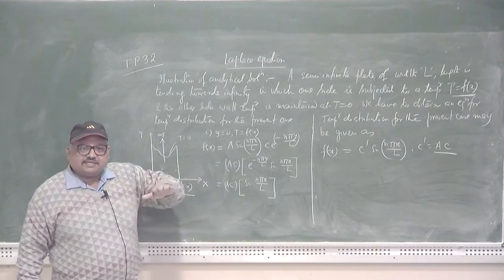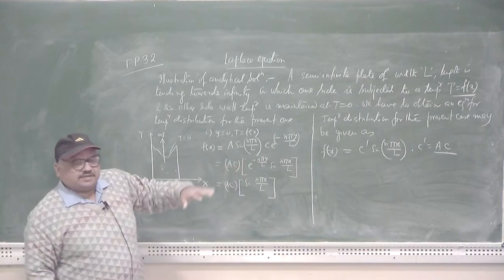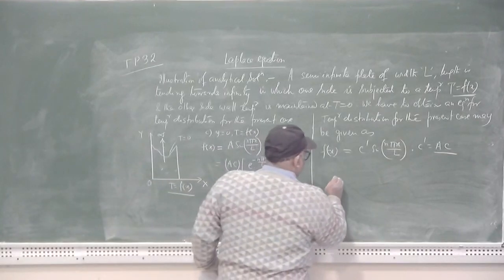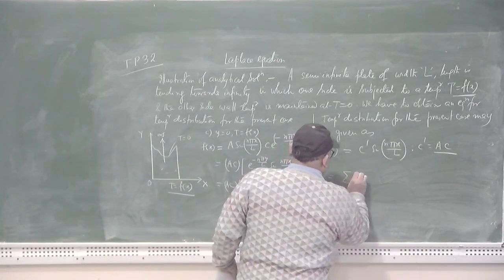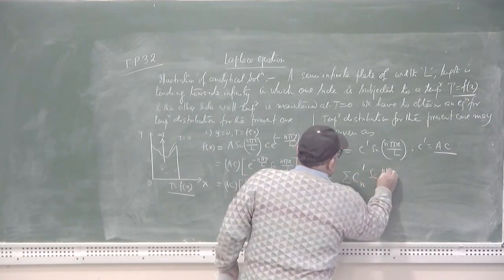So, in that case there will be many values of C dash. So, in a summation we can write summation Cn dash sin n pi x by L,